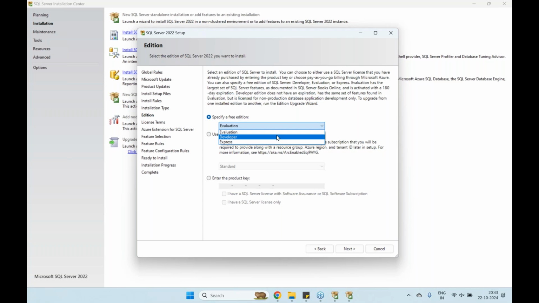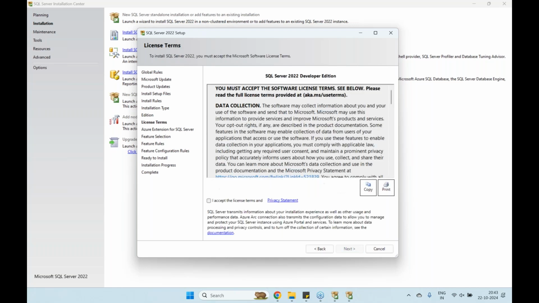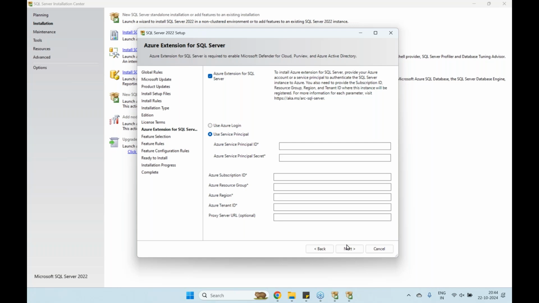Evaluation or developer: select developer. Evaluation is only 6 months. Go for developer, it has all features anyway. Next, no problem. Click on next. Then accept licensing terms. Okay, accept licensing terms and next. Once you accept licensing terms, next, then